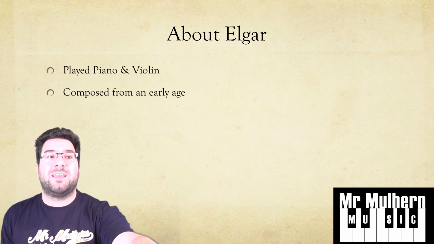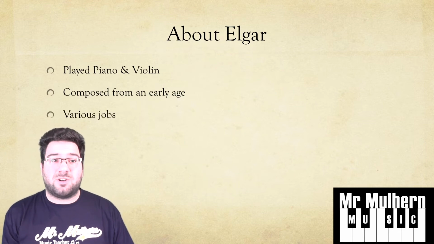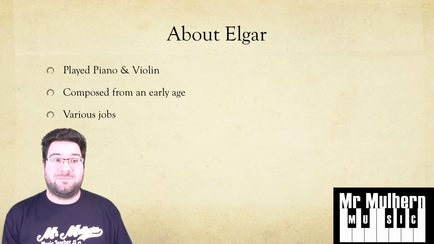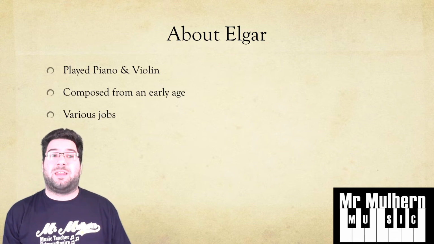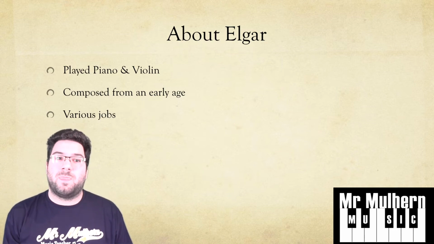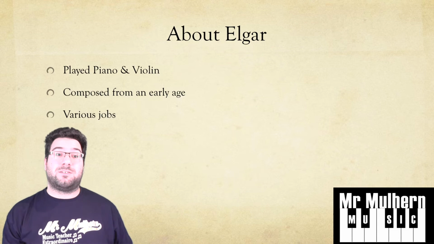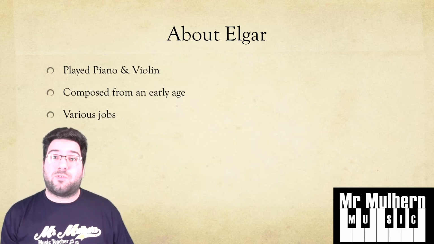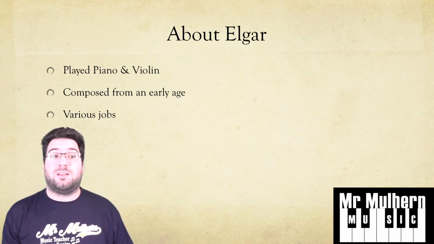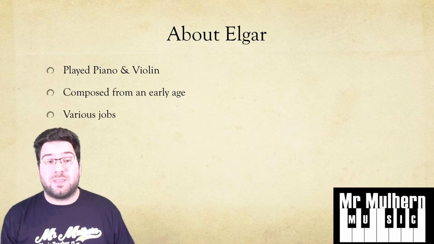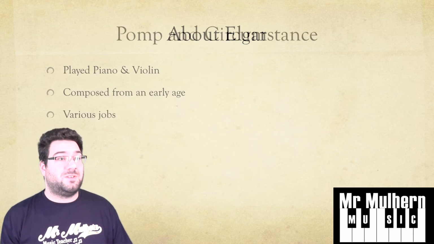The piece of music he composed from that still exists today because 40 years later he arranged it for a full orchestra. Elgar had a few jobs. He worked in his father's music shop for a while, and he worked as a solicitor. But by the time he was 22, he took on the role of conductor and mentor for a really small orchestra. He composed little bits of music for them and arranged music from other composers for them to play. Throughout his career he continued to work for different orchestras and groups of musicians, small and large, both composing and arranging, as well as playing in those groups. So he did lots of music jobs.